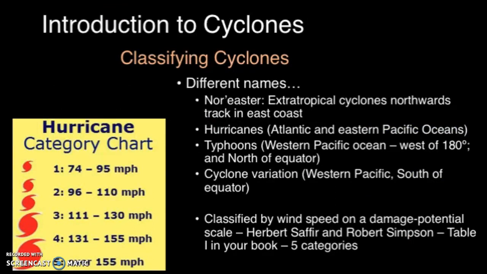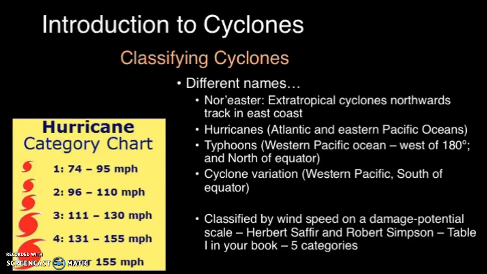Okay. All right, so the classification of cyclones themselves. As I was saying, many different names are given to basically the same process. For example, nor'easters are a type of extratropical cyclone, the name given to northward-tracking cyclones on the east coast. Hurricanes are basically tropical cyclones that happen in the Atlantic and the eastern Pacific Oceans. Typhoons are basically the same thing as hurricanes. They're tropical cyclones that happen in the western Pacific Ocean, west of the 180th meridian and north of the equator. So basically, a hurricane happens in North America. If it were to happen in South America, it would